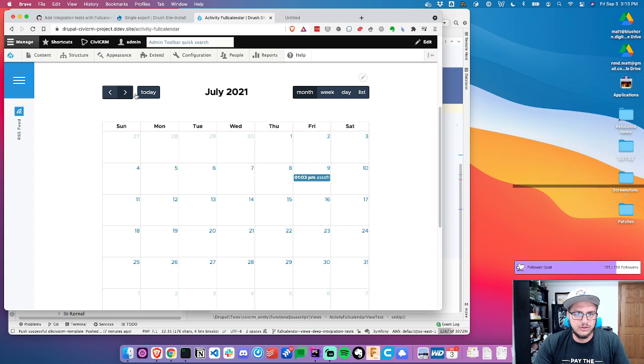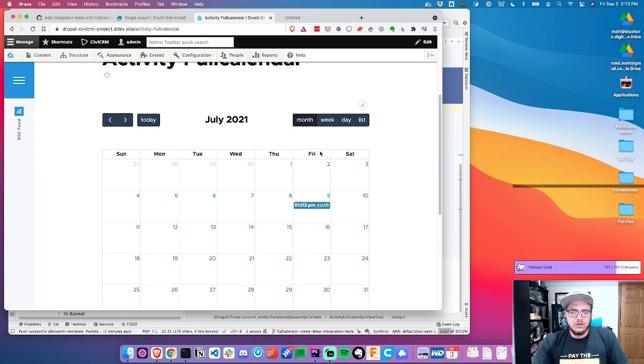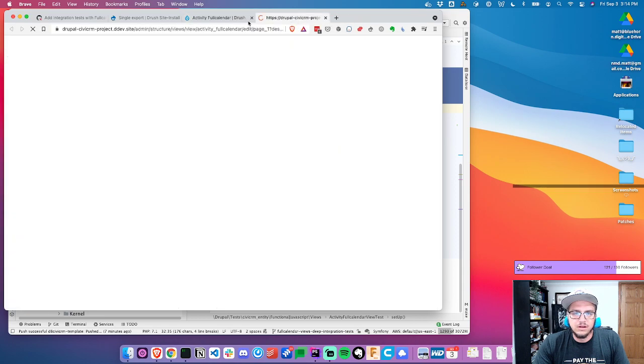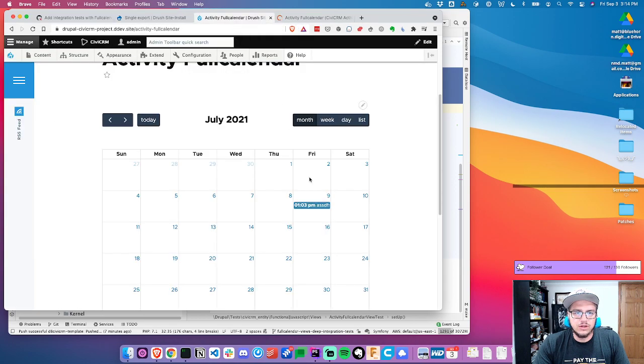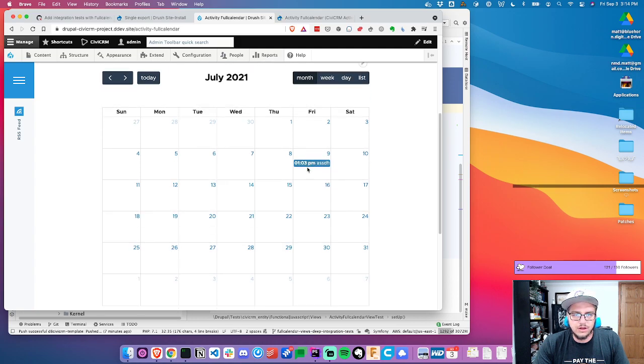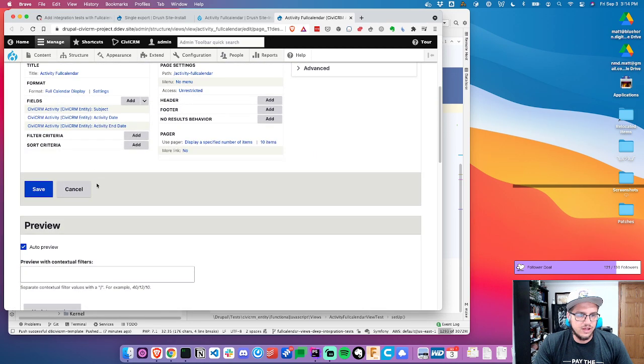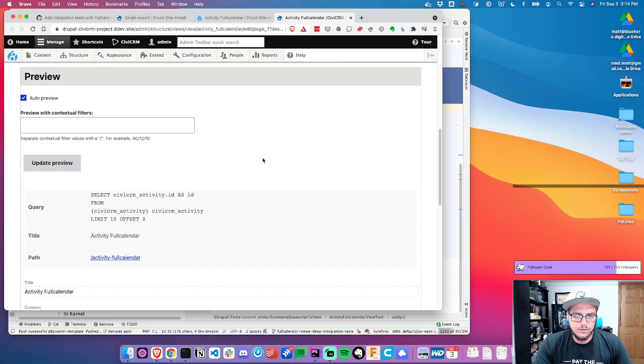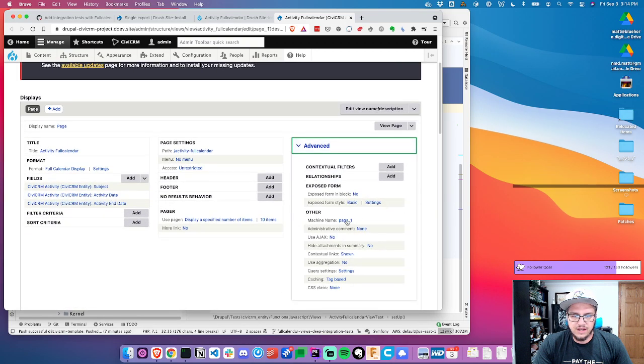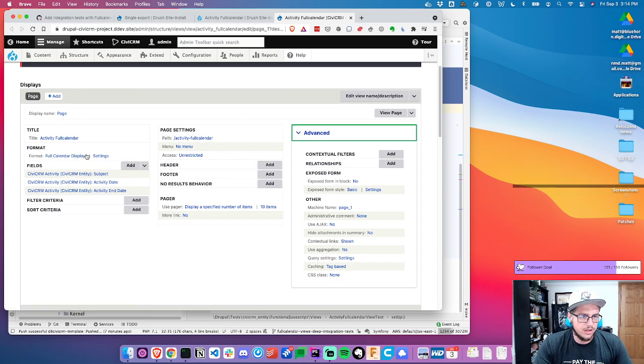Let me go edit the, well, let's see. We can find out when I was last working on this. July 2020, or July 9th. It's been a bit. So let's go ahead and edit this view so I can see where I left it off at. So we can assert that we are on the calendar, and if we click, I thought it would open, maybe it won't. Let's see. Let's go through all the settings because then we can export this as well. So advanced, we don't have a relationship yet on this. So full calendar display, settings,